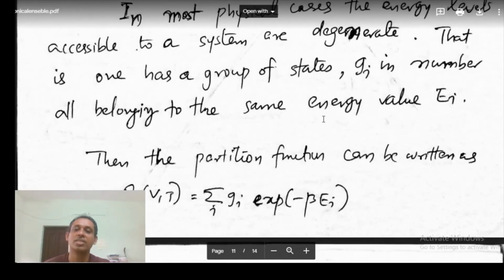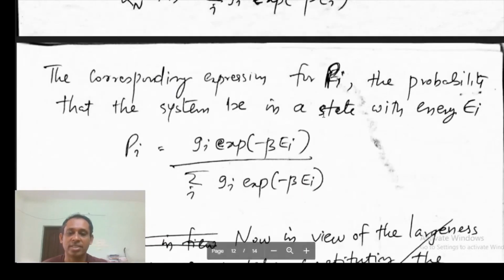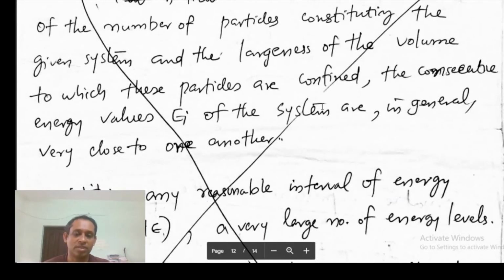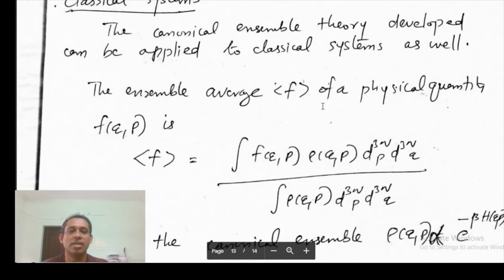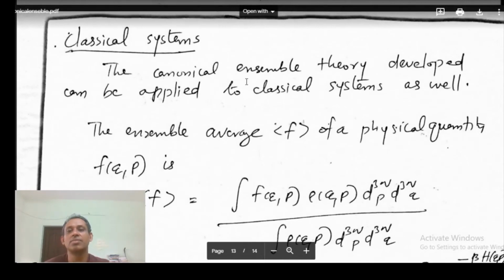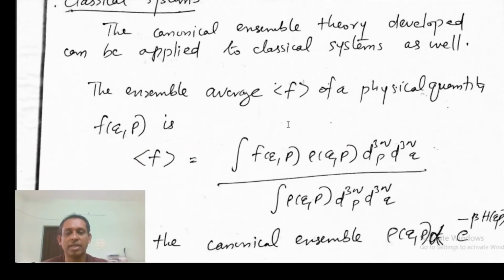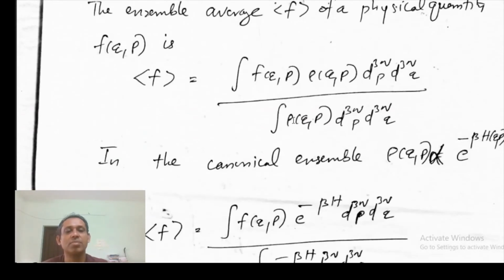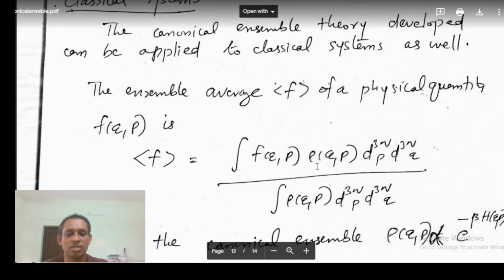Okay, we are considering the states to be discrete, or the energy values as being discrete. For classical systems, the canonical ensemble theory is a little bit different. The ensemble average, I think we have seen this before. The ensemble average is given by